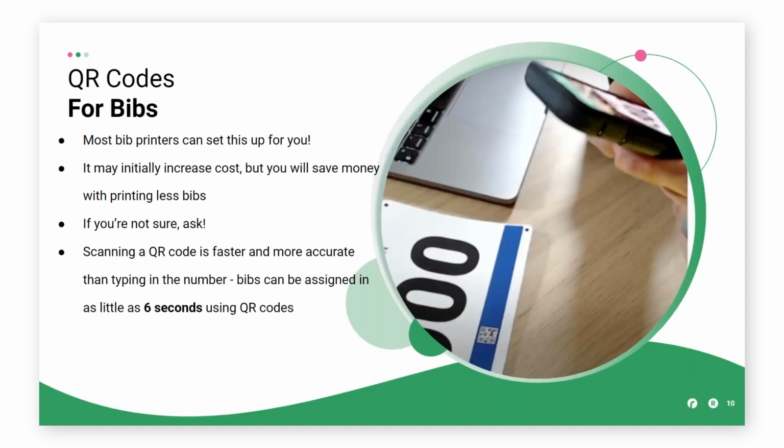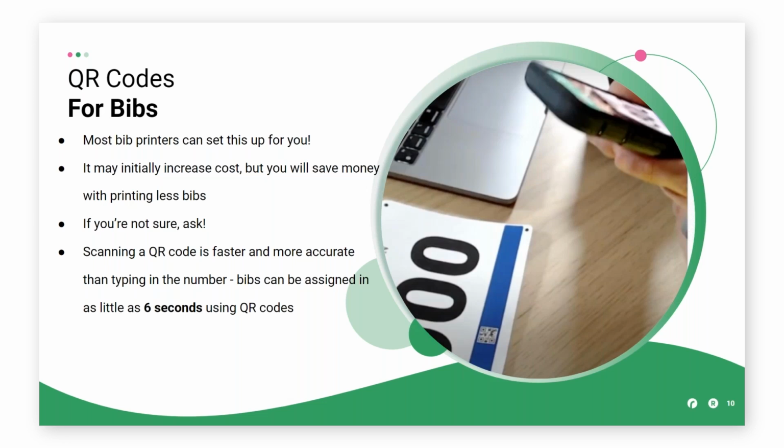QR codes for bibs. Most bib printers will set this up for you, and you just tell them, hey, I want a QR code that matches the bib numbers put on here. There may be an increase in cost depending on your printer and what you're doing, where you're putting that QR code, but ultimately you would save money by printing fewer bibs. If you're in a race that you know is going to have a 15% no-show rate, you can probably get away with ordering maybe 8 to 10% fewer bibs. If you're not sure about this stuff, ask